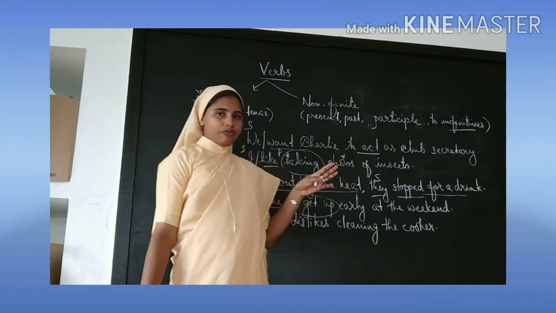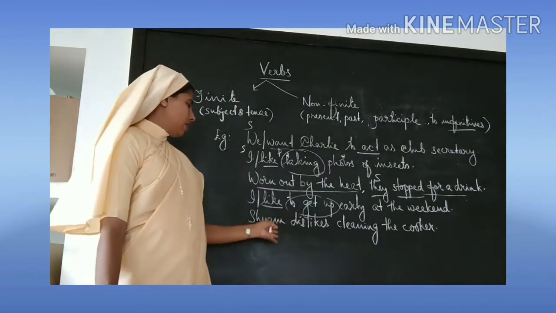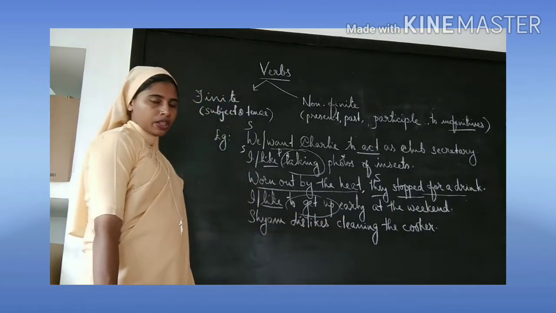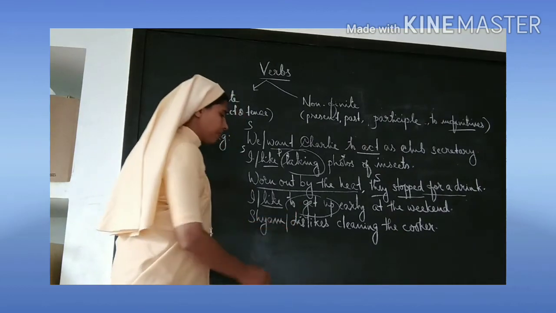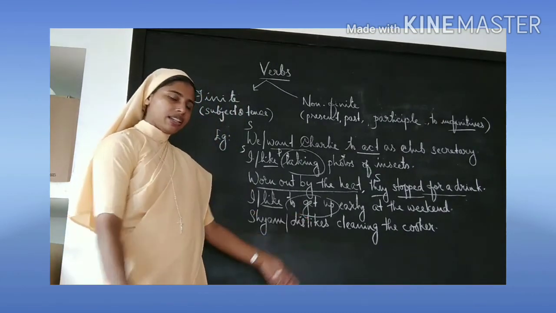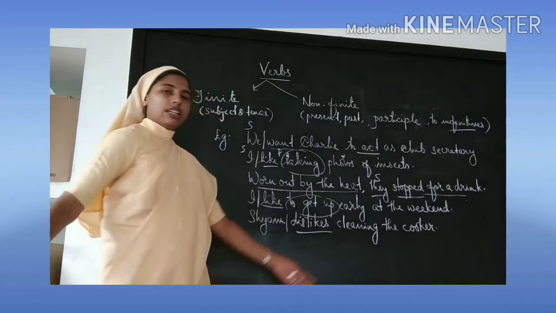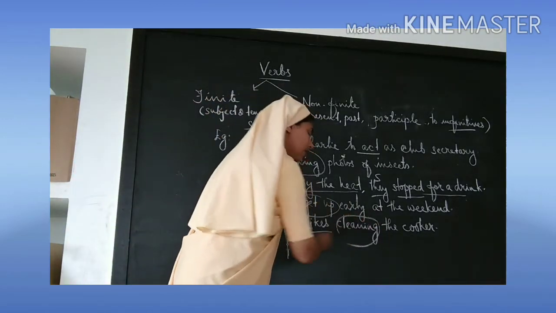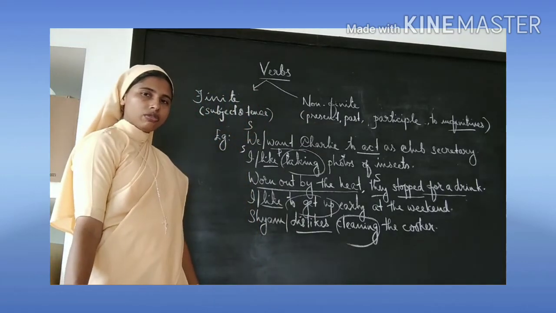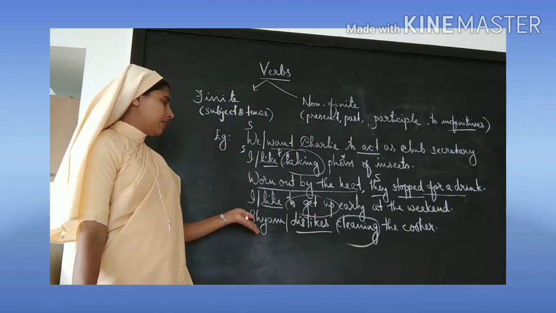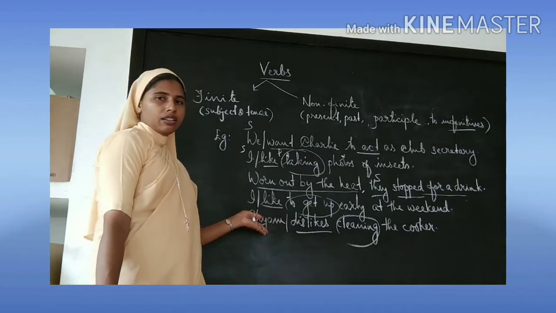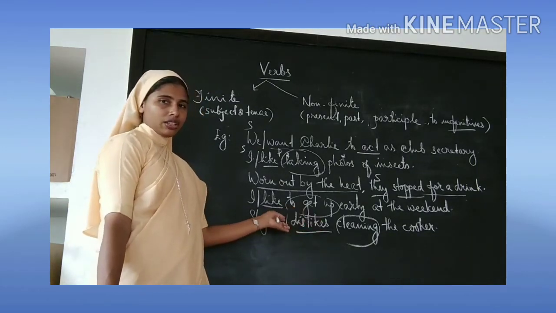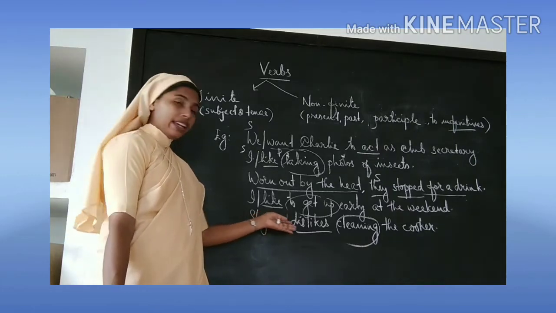The last sentence, Shyam dislikes cleaning the cooker. What's the subject? Shyam. Here, dislikes is the main verb. Cleaning is also a verb, but it does not change according to the subject or tense. For example, if it is they, the main verb will be changing. Its structure will be changing. They dislike